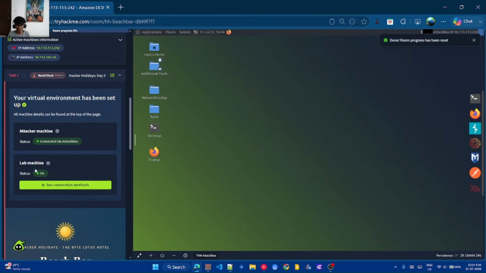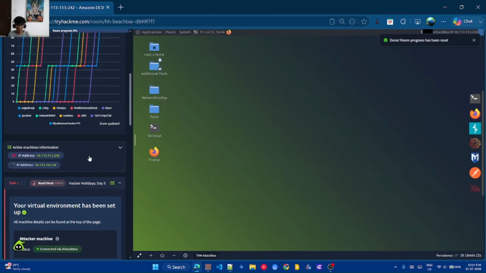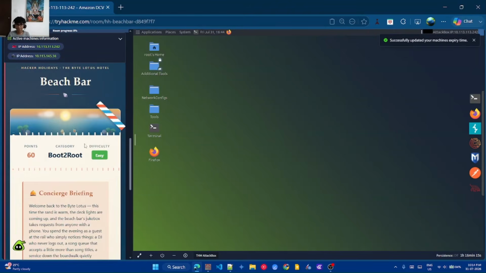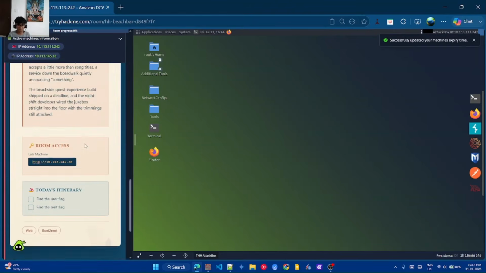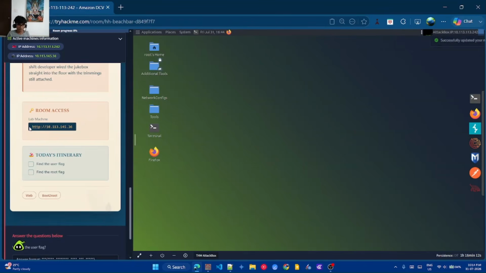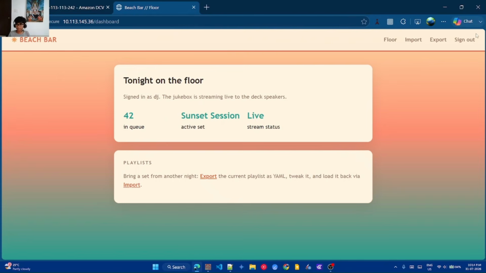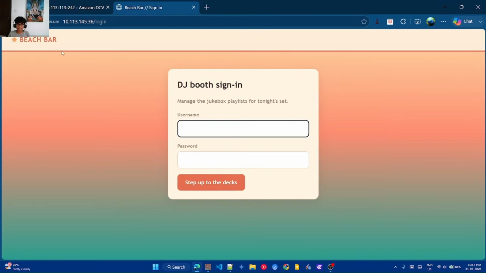Okay, the lab machine is on, the attacker machine is on. I'm just going to add 1 hour. So let's see. First, I'm connected to OpenVPN through my configuration, so I can find this out. And the first thing we should do is, since I've already given this a go,